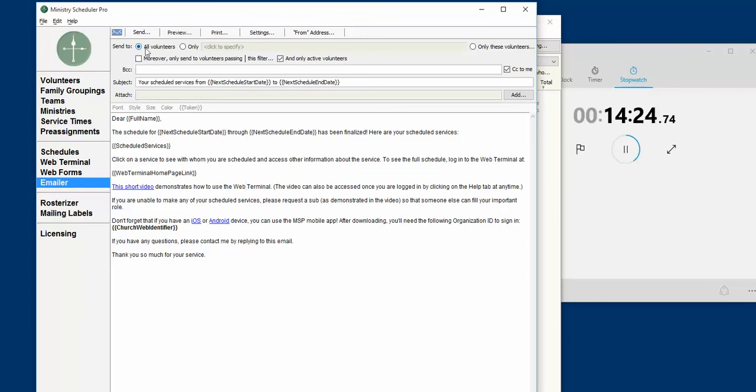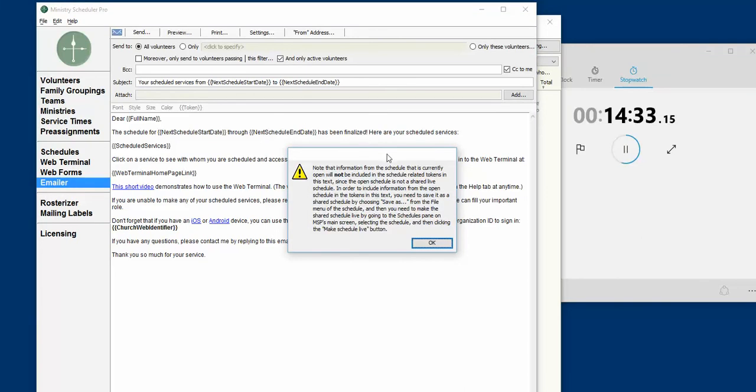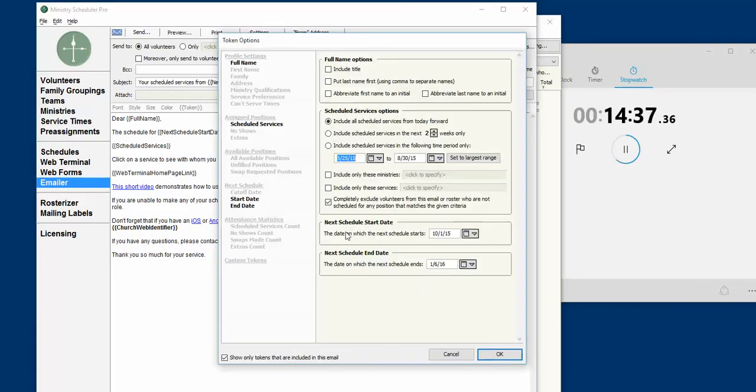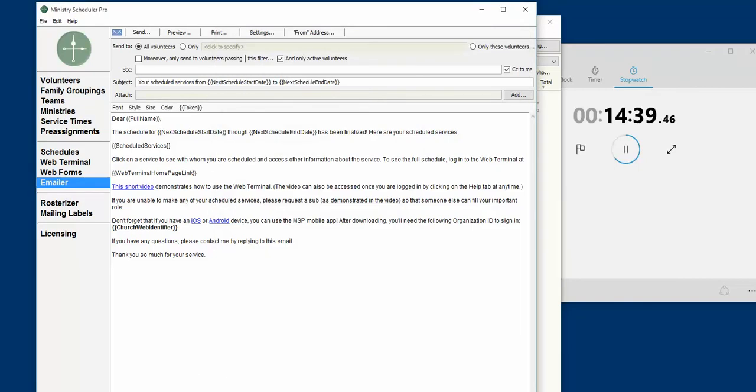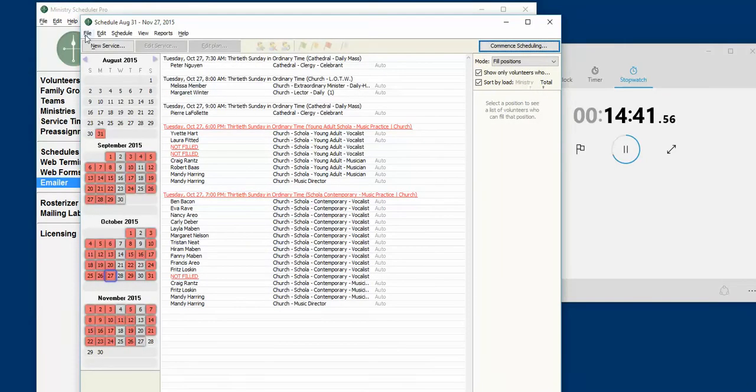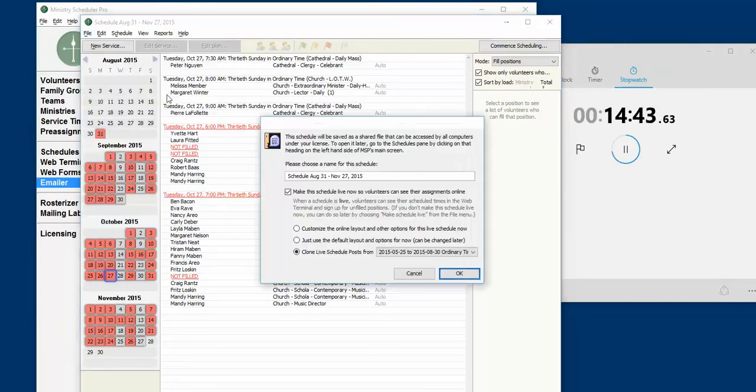Now I'm having it go to all volunteers. I could have it go to just certain volunteers, but now I'm going to do a quick preview of it to see what it looks like. And you can jump through this one because you know what it's telling me? Hang on, I have to go back and save that. So one thing I forgot to do is to save this file, and I'm going to go ahead and let it just name it. I'll rename it for my